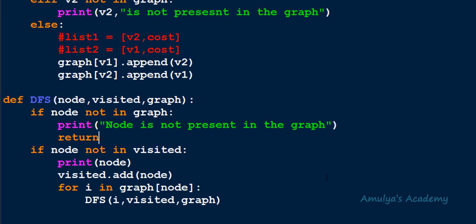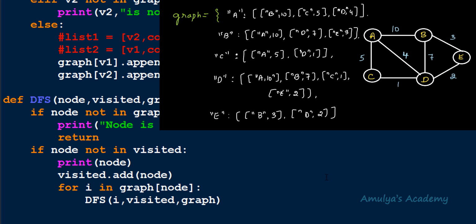Alright. Next, we wrote this function for an unweighted undirected graph. Now what if I want to write this program for weighted graphs? In the weighted graph, we'll use a nested list as the value in the dictionary. That's why here, instead of calling i, you need to call i of 0, okay? Here i is representing an inner list. Inside that, the first value will be the adjacent node. That's why you need to mention i of 0.